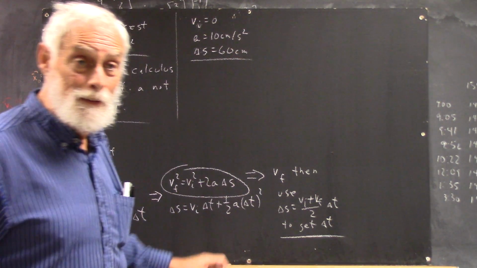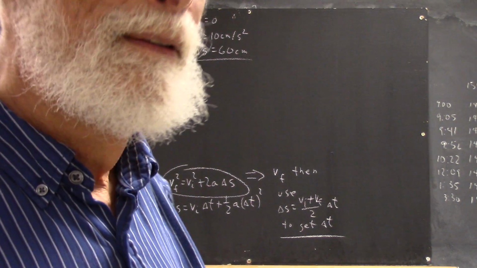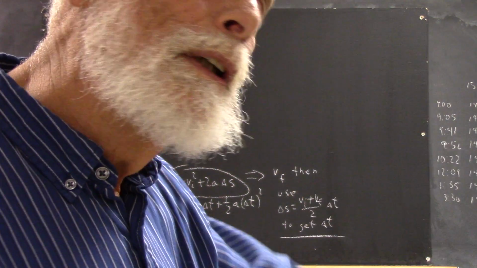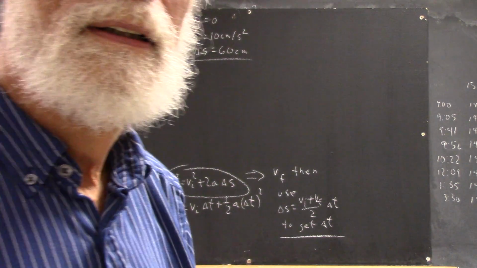Couldn't we also use the formula on the top right, on the top left, I'm sorry, to get delta T? I'm sorry, once more, Alexander? Couldn't we use the A equals